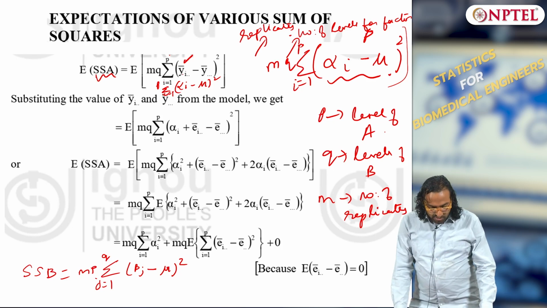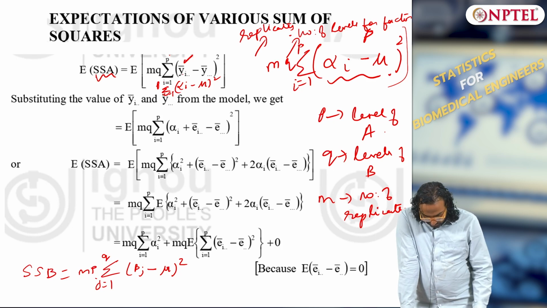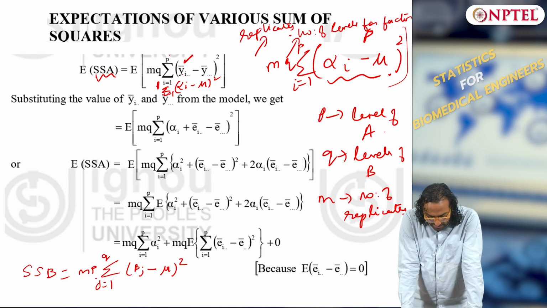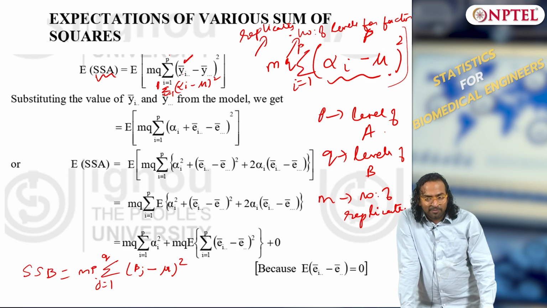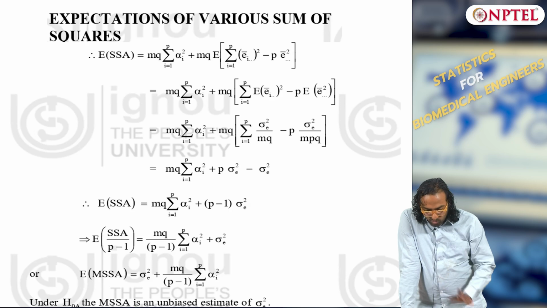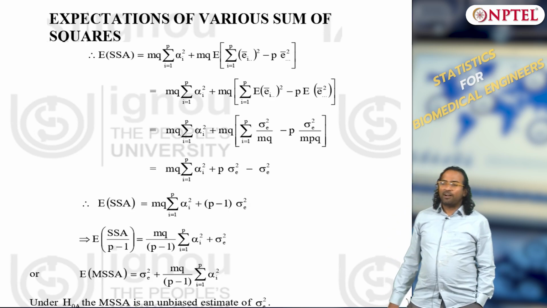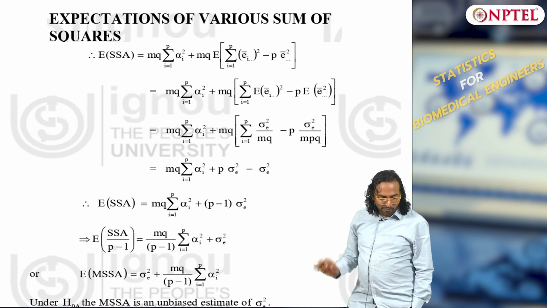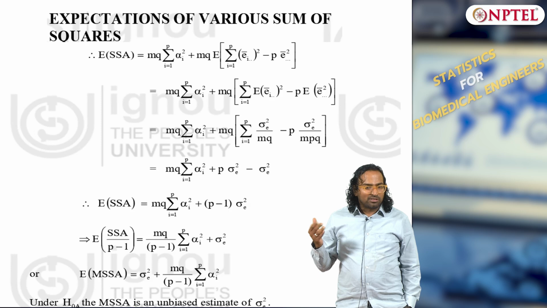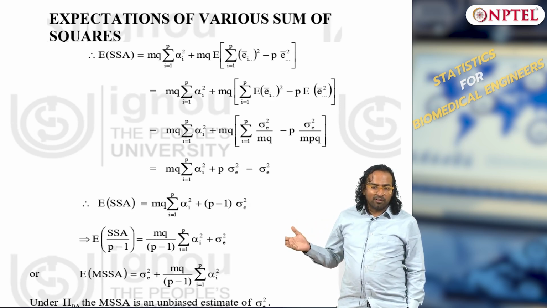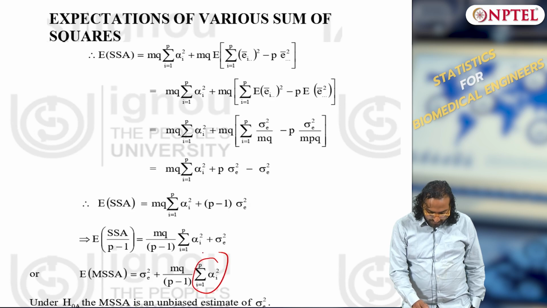Then I can take expectations, I will leave it to you, I am adding and subtracting a few things and I will leave it to you, okay. At least the derivation is here, so you can verify if you derive. So finally the sum squared A should be a function of what? Should be a function of alpha squared, right, that is what we learnt in ANOVA also, sum squared treatment will be a function of tau I square. So you will see that it is a function of alpha squared.